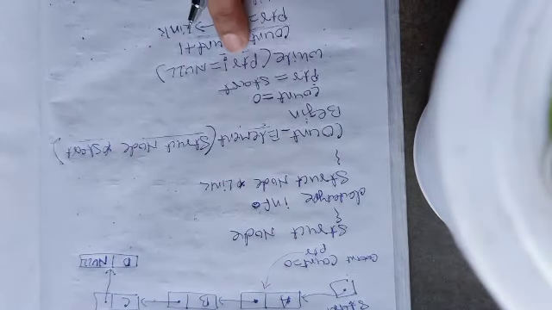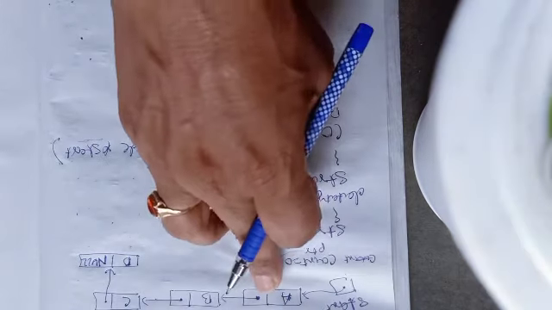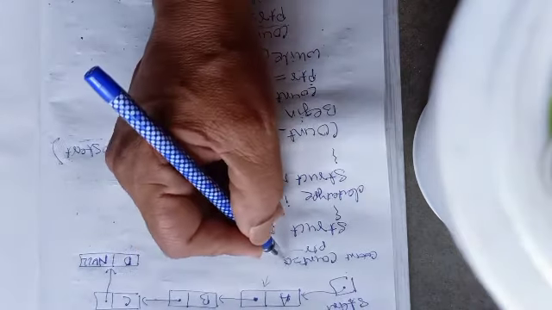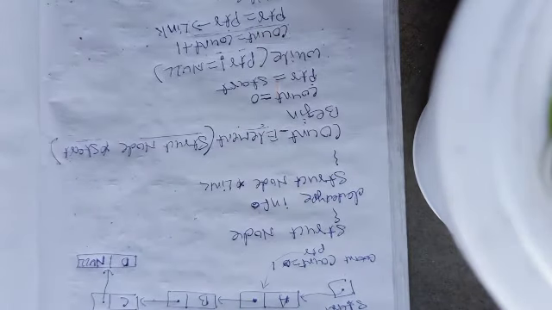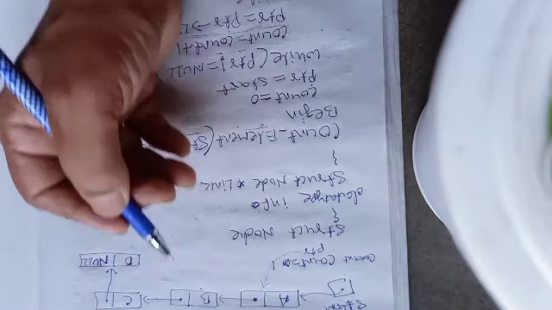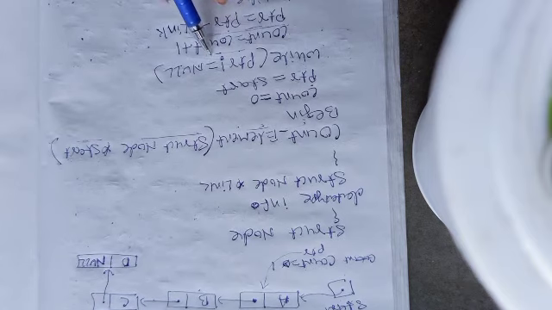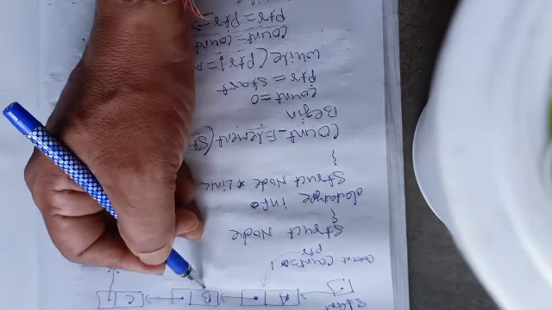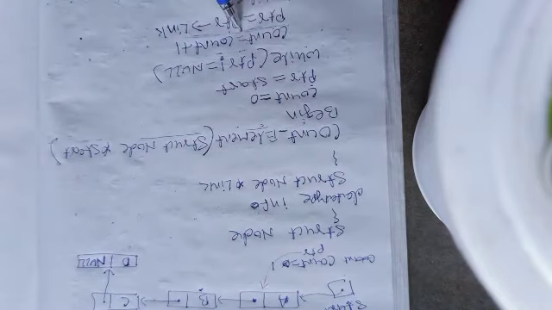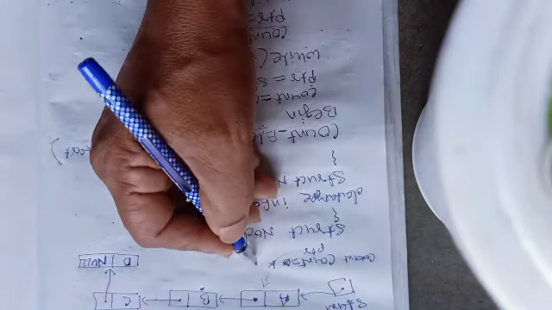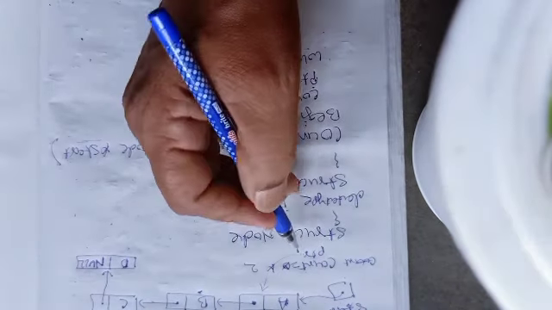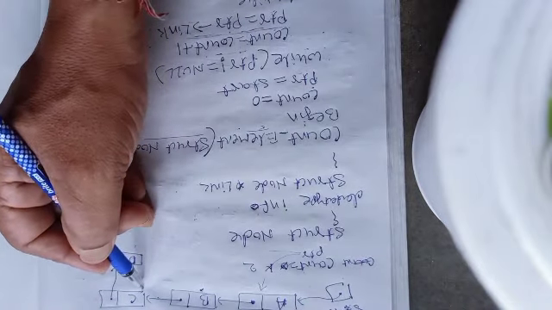So while ptr not equal to null, since ptr is not null, I will enter into the loop block, my count will increase. So now count becomes 1. Then ptr is updated to the next node. Again it is examined, while ptr not equal to null. When ptr reaches the second node, again it is not null, so count equals count plus 1. Now my count becomes 2. Then the next line ptr equal to ptr link, so ptr is again updated to the third node.